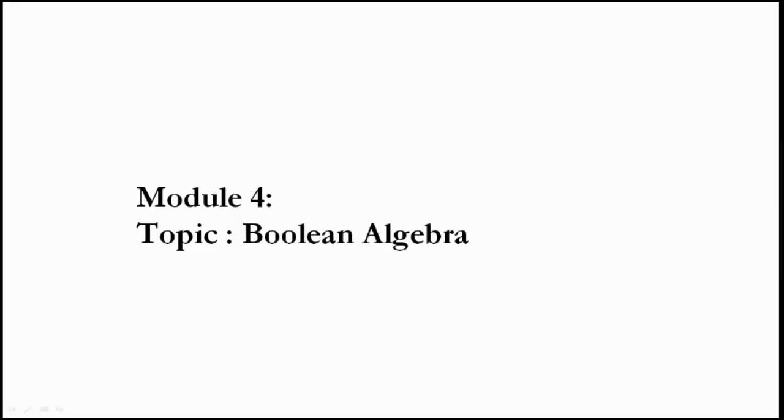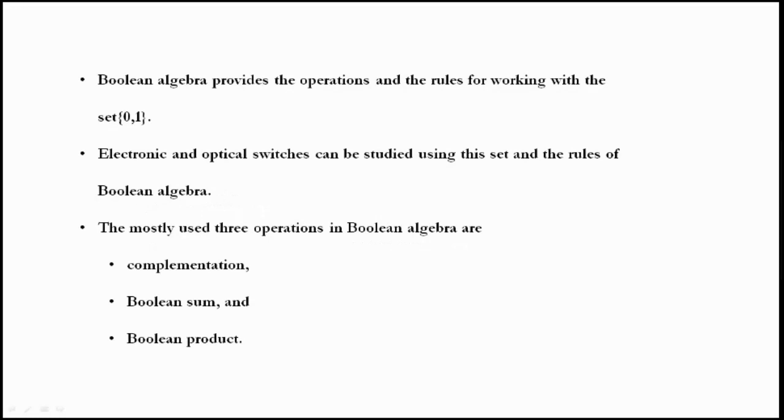So you will see how many possible binary states are there for each item, and if you operate all these items, how many possible binary combinations you will get is 2 power that many number of items. Clear? Right? So with this introduction, we'll move on to Boolean algebra. Boolean algebra provides the operations and rules for working with the set 0 and 1. Only these are the two elements.